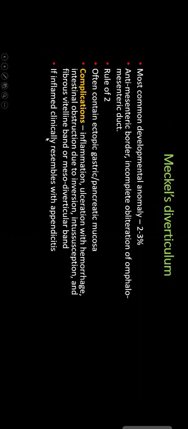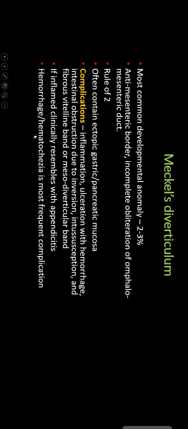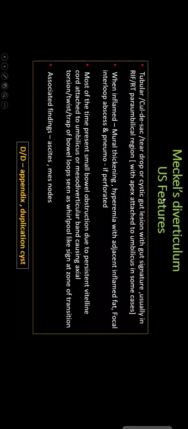If it is inflamed, it clinically resembles appendicitis. Hemorrhage and hematochezia are the most frequent complications. Now, ultrasound features of Meckel's diverticulum. It is seen as a small tubular lesion, a small cul-de-sac or teardrop-like lesion, or a small cystic gut lesion with